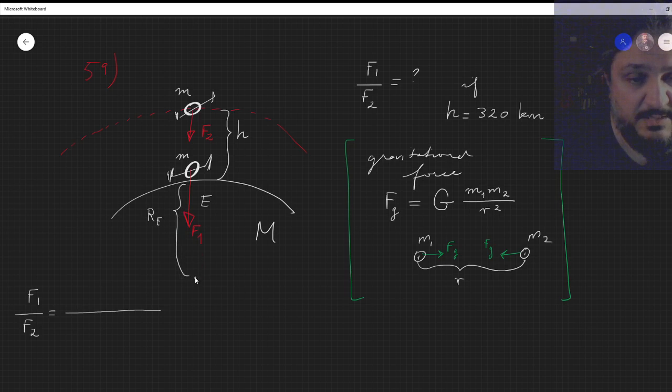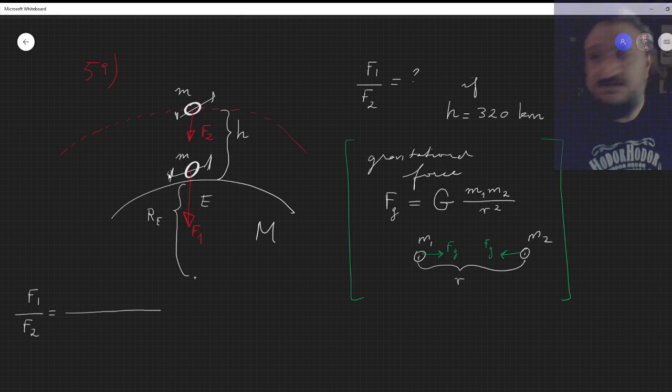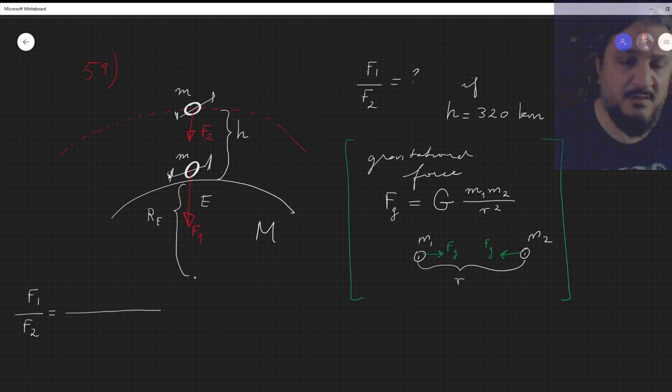Okay, RE. Is RE going to be the R in this case? Now, RE is a large number, more than 6,000 kilometers. The satellite is maybe the size of a car or something, or even smaller. So that's negligible compared to the radius of the Earth. So there's no harm in taking this R, the separation between the masses, or the centers of mass, as this